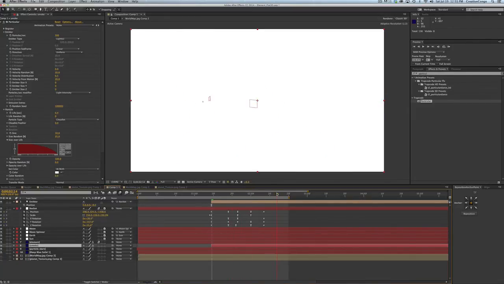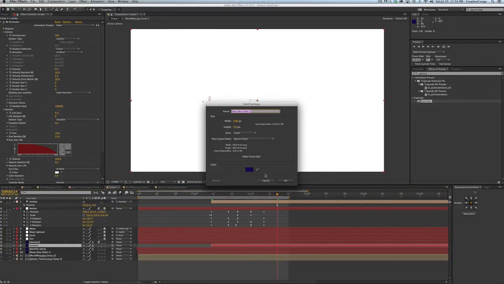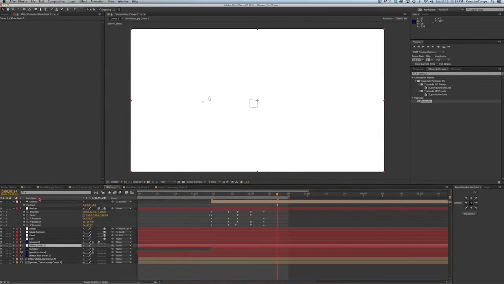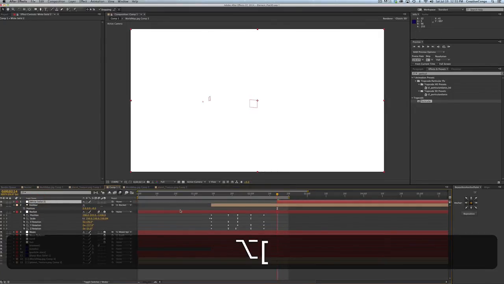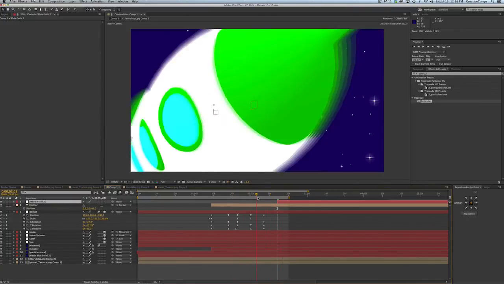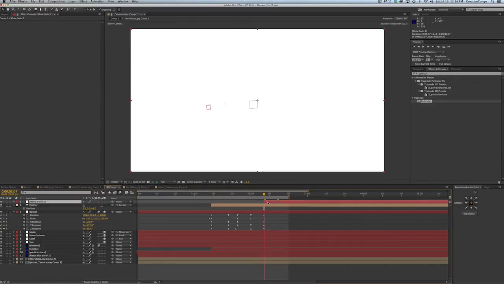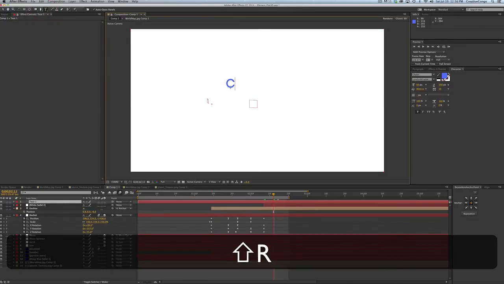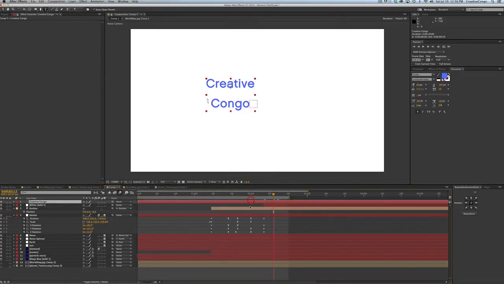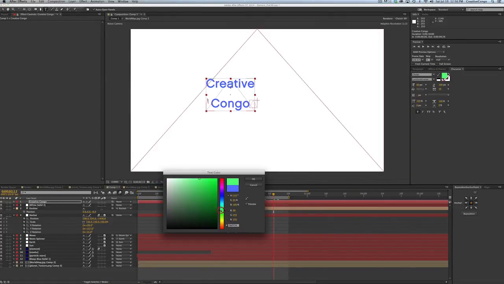Last little thing, you know, right here, I'm going to go Command Y. I'm going to put a white solid and have that come on the top so that it takes over. So when the rocket appears onto the screen, which actually happens right here, then that solid just takes over. And then I'll just come over here and type Creative Congo. I'll make it green. If I was going to get real specific, I'd probably copy the exact green of the rocket ship, but for now,